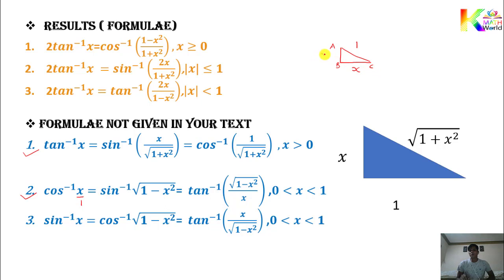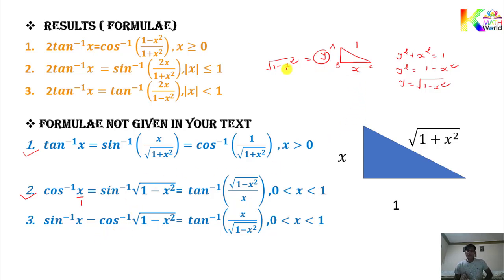This value is not given. So suppose we say y, then y square plus x square equals 1. So y square will be 1 minus x square, so y will be the square root of this, that is, 1 minus x square. It means you got y, the square root of 1 minus x square.